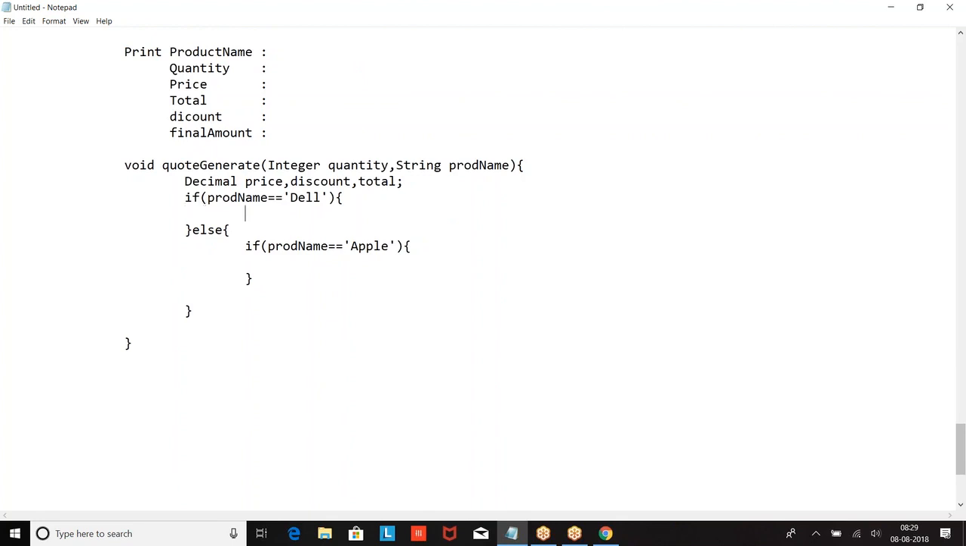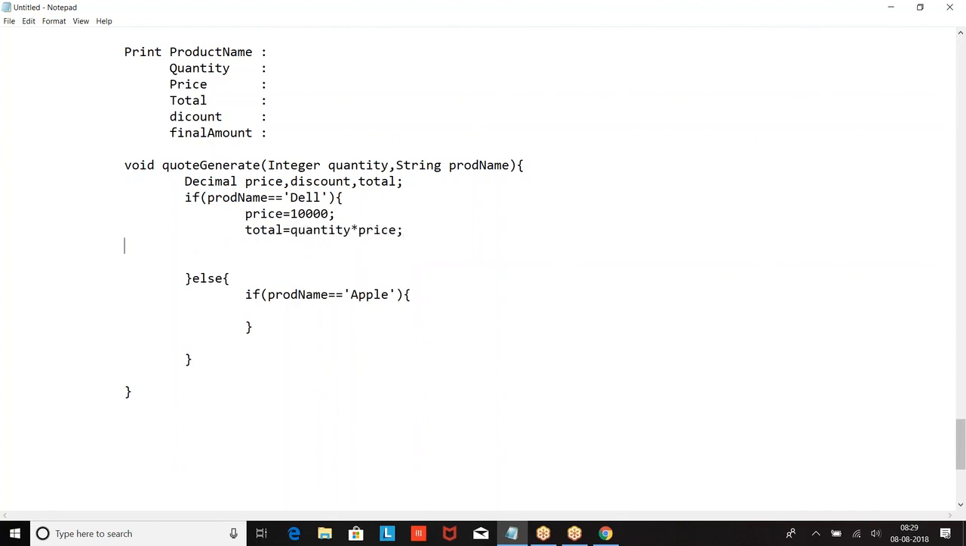Then what are you supposed to do? Product name Dell, else if product name Apple. They were supposed to do if price - now we are writing the condition. What is the condition? If Dell price, if Apple,